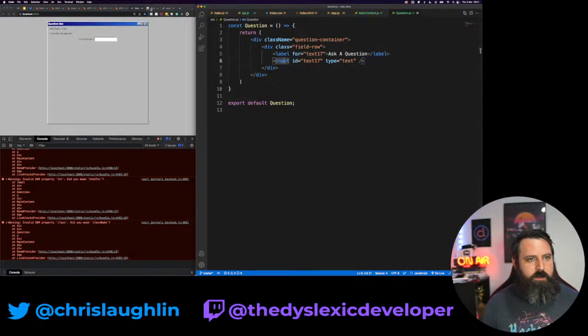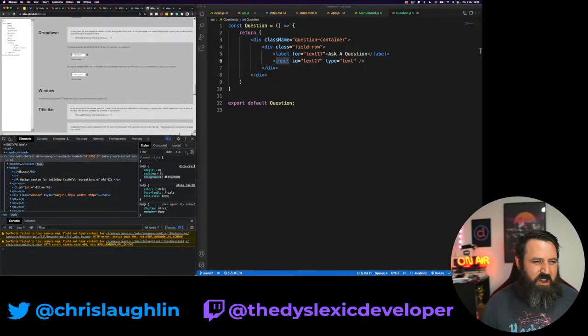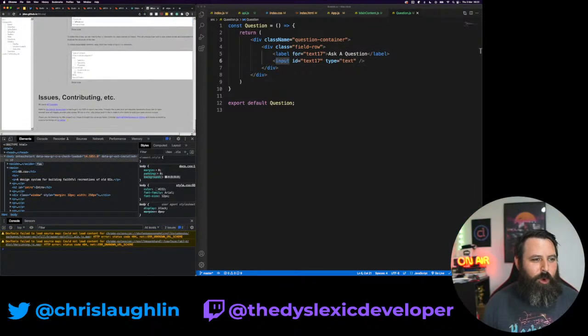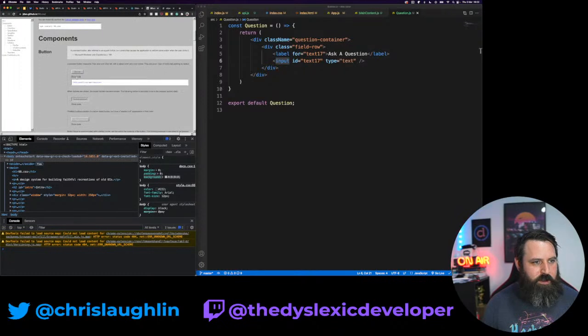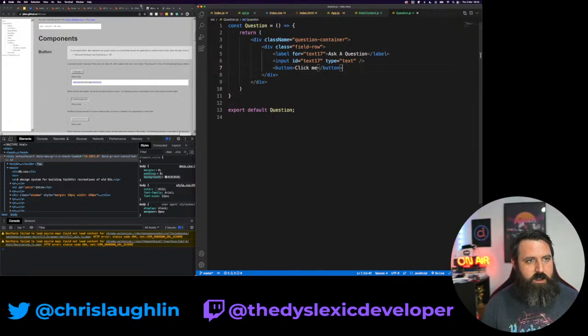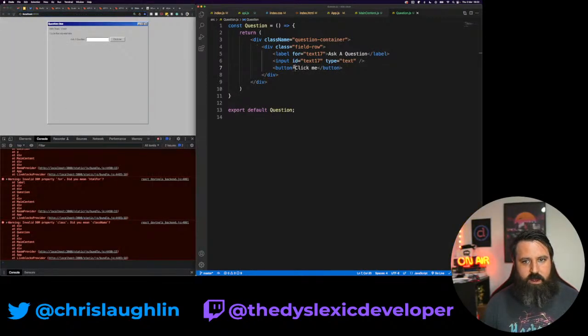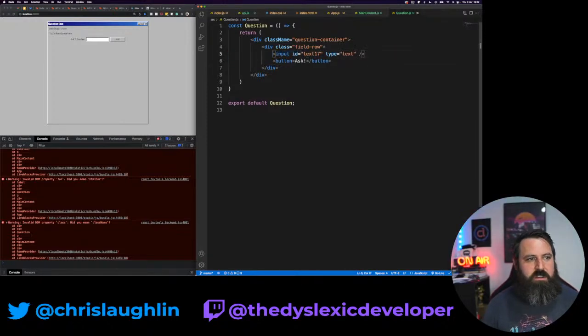Cool. And then we need a button to submit our question. I'm not going to go whole semantic, like it's a form and you submit it. We're going to be using state and effects and hooks, and here is our button, which is just a button. So okay, that's kind of cool. It is styled for me. And call this ask. Do we need the label? Yeah. Okay, I think I can do it. Let's grab this and we'll say question input.